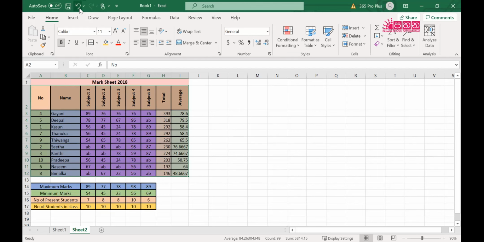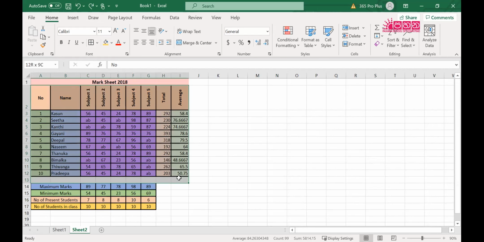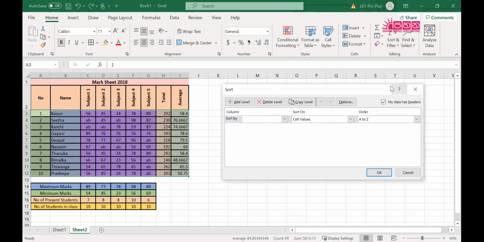So I will repeat again, I will explain from the beginning one more time. To sort, select the range A1 to I12. That's the first step. Go to sort and filter and go to custom sort. Now in the custom sort, select the column. In this particular case, we are going to sort by the total based on their value.